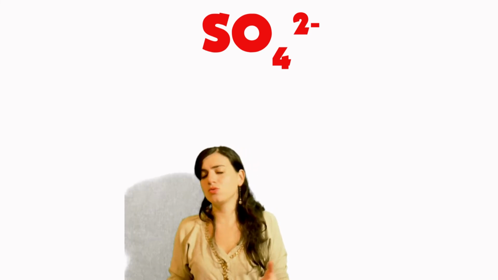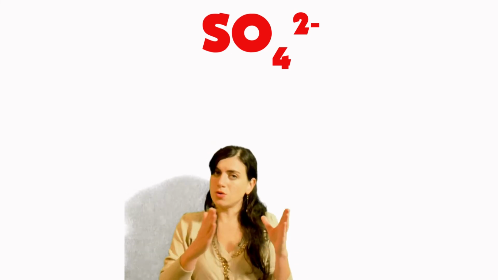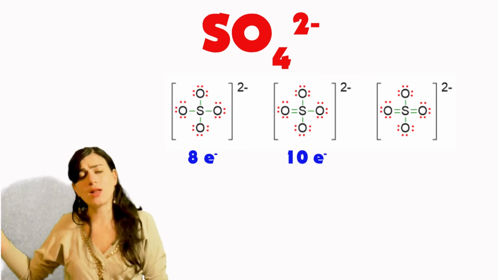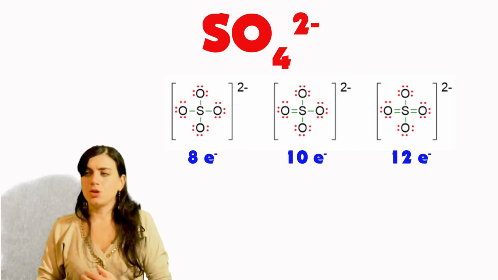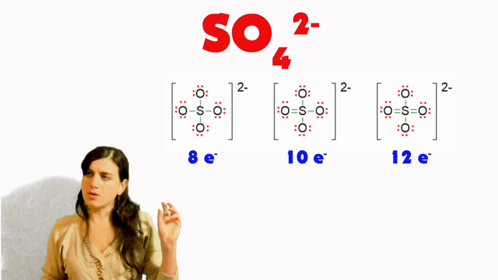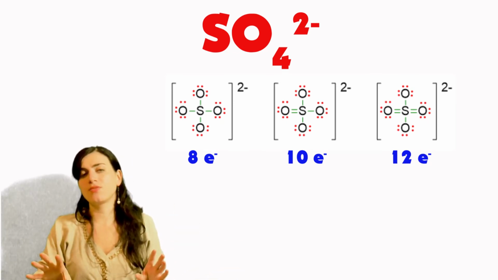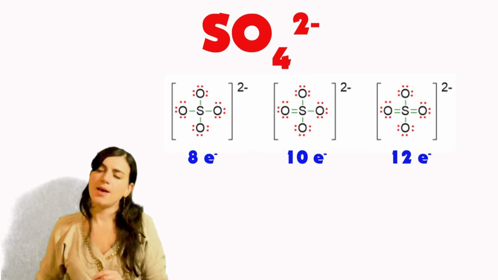This means that you don't know if in this molecule sulfur will follow the octet rule, and so have around it 8 electrons, 10 electrons, or even 12 electrons. How can you know? So most likely you will write 3 structures. One considering the sulfur following the octet, one considering the sulfur following the expanded octet with 10 electrons, and another one